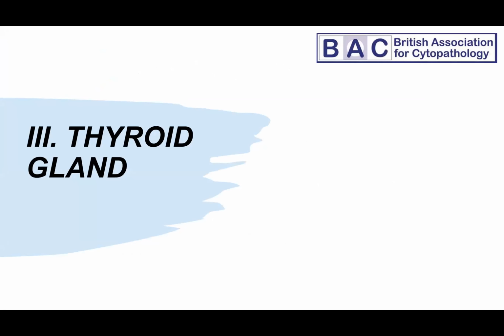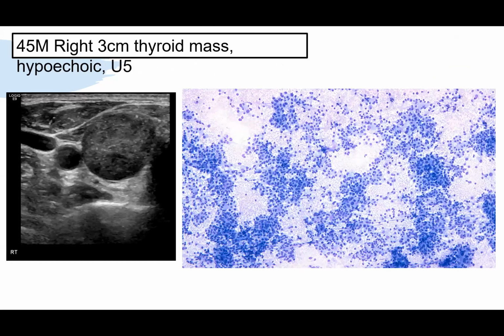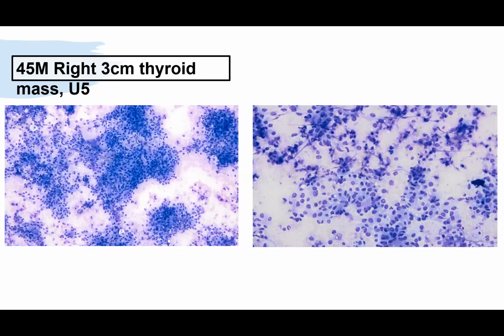So lastly, I'm just going to talk about the thyroid gland. So this is a 45-year-old male with a 3 centimeter thyroid mass, and you can see here on imaging, this is a hyperechoic mass which was termed U5. This is a corresponding aspirate, and you can see it's a highly cellular aspirate with these cohesive groups of cells,